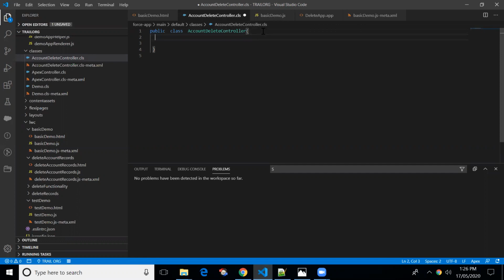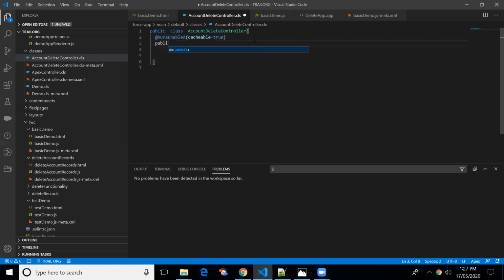First, we will display the data, so we'll be creating two methods. One is for displaying the data and the other one is for updating the records. So, AuraEnabled. We'll be displaying the data with the help of the wire property, so cacheable equals true. If you don't put cacheable equals true, then we will not be able to display the data with the help of the wire property. If it is an imperative method, then we'll put AuraEnabled and write cacheable false. Since this is a wire property, we should write cacheable equals true.